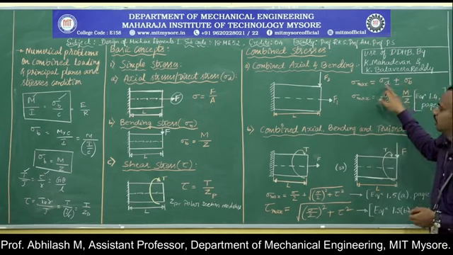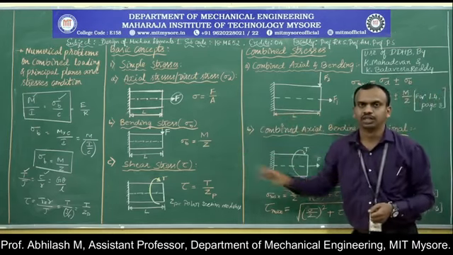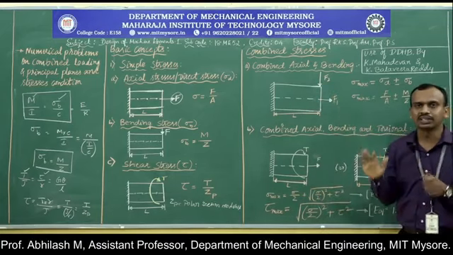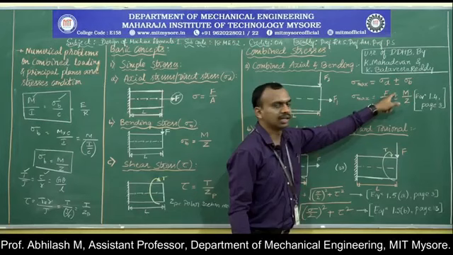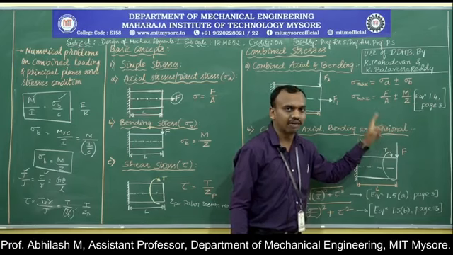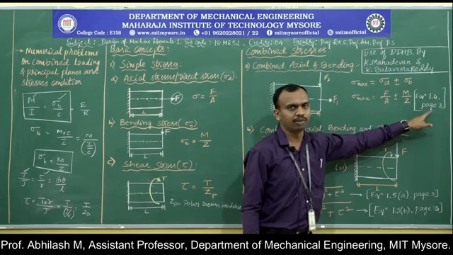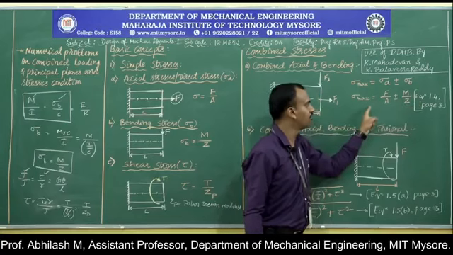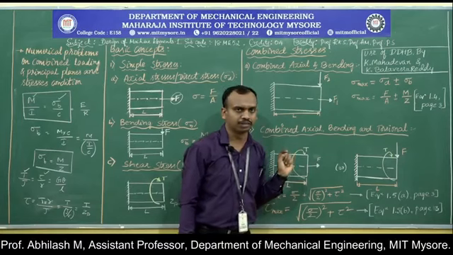Now we know the direct stress relation, that is F by A, and we know the bending stress relation, that is M by Z. So whenever the component is subjected to a combination of axial and bending, the maximum stress is given by the equation sigma max equals F by A plus or minus M divided by Z. This equation is available in the data handbook as equation 1.4, page number 3. If you refer to page number 3, we can observe this sketch along with the corresponding equation of sigma max for the combination of axial as well as bending loading condition.